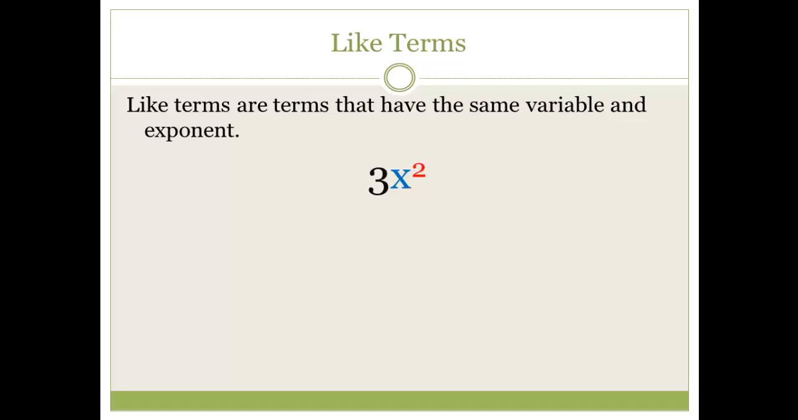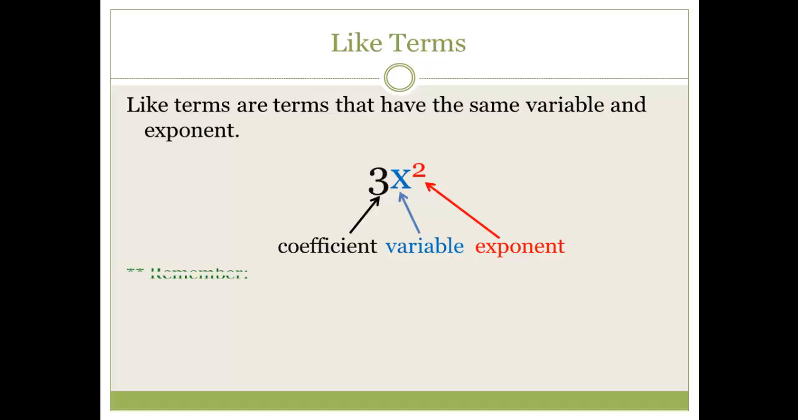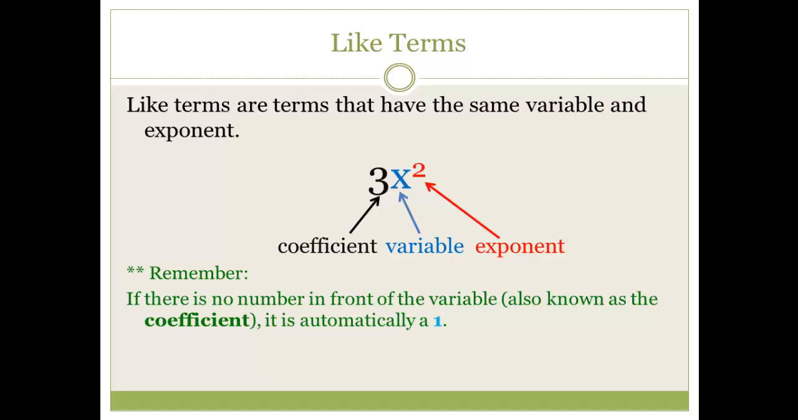For example, in 3x squared, the 3 is the coefficient. The coefficient is the number in front of a variable. A variable is another term for letter. The exponent is the number the base is raised to. When we do not see a coefficient, it is an invisible 1. We also say that there is an invisible number 1 for the exponent of any variable that doesn't have an